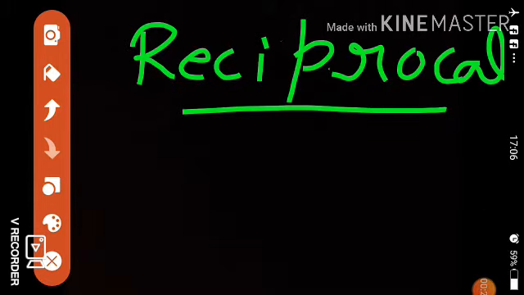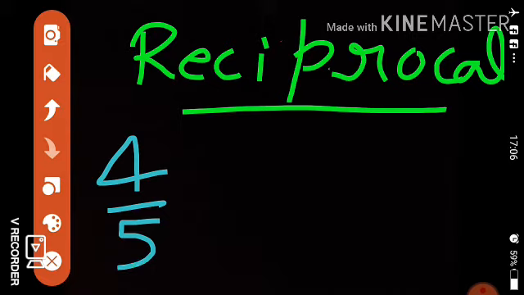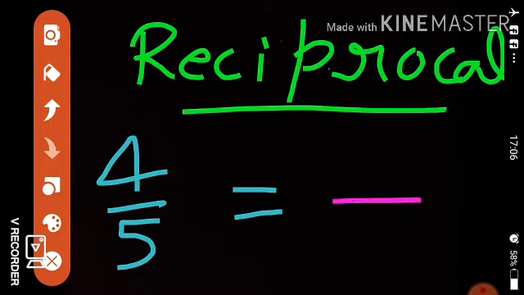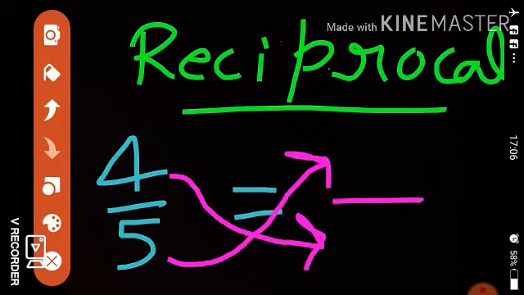What we have to do in this, let's take an example 4 upon 5, and we want to write the reciprocal of this number. So what we will be doing in this, that here 4 will come in denominator. As we all can see, 4 is written in numerator, so that will be written in denominator, and 5 will be written in numerator. That means 5 will come here and 4 will come in denominator. So answer is 5 upon 4. That means reciprocal is 5 upon 4.